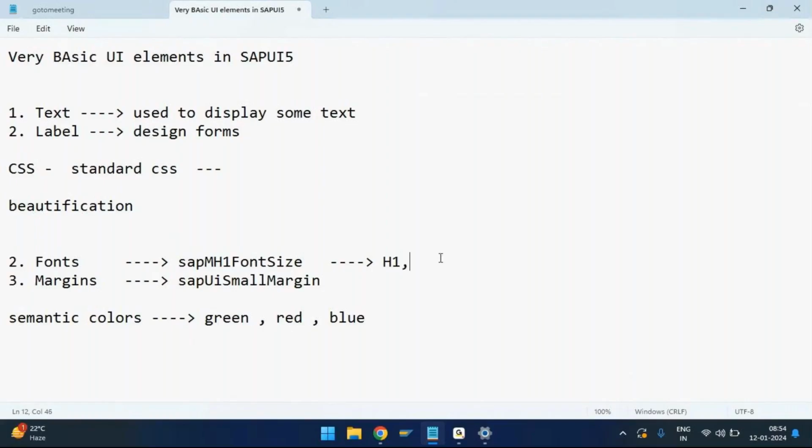So H1 has the values H1, H2, H3, and so on, H6. If you use H1, you get a smaller font. H2, a little bigger font. H3, more than that. And H6 is the biggest font. Sorry, H1 is a variable in this entire font size class given by SAP. So in place of H1, I can write H2, H3, H4, H5, and H6. All right, next,